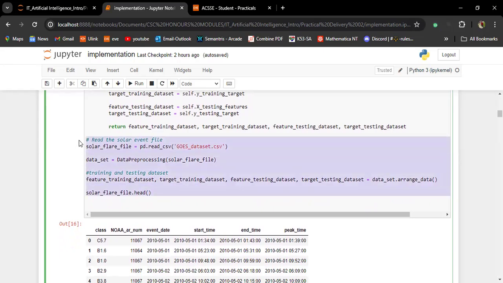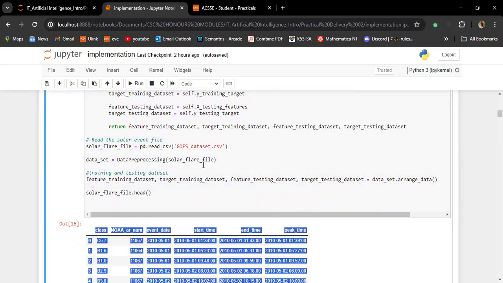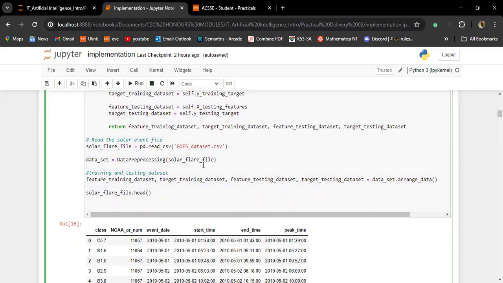And then outside the class, in the same code snippet, we have the Solarflare file, where we are reading from this CSV file that contains this information that is displayed here when we run the code. And then from there, we create an instance of data processing where we take the read file information.